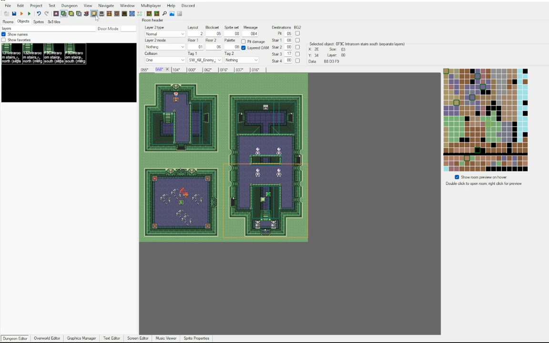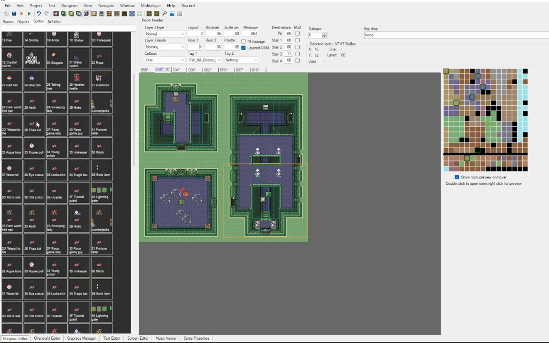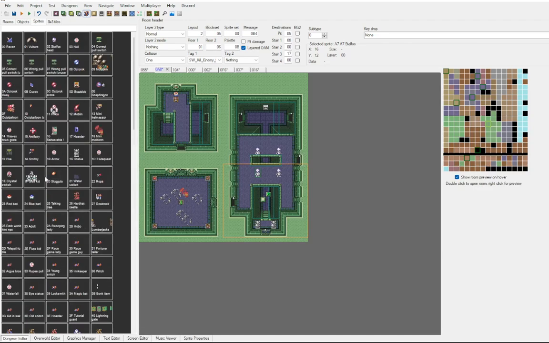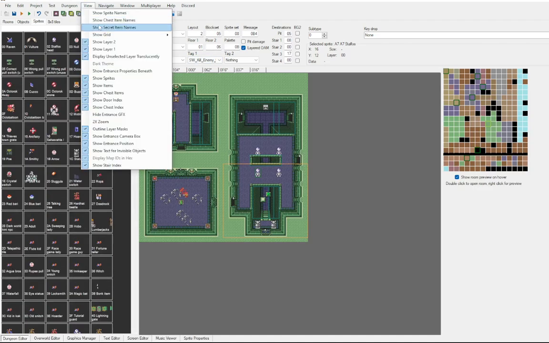And let me see, what else do I have? Something else I guess worth considering. So sprites. This is a little self-explanatory, but it's still worth going into some of the things you can do with the sprites. These are based on sprite sets, which